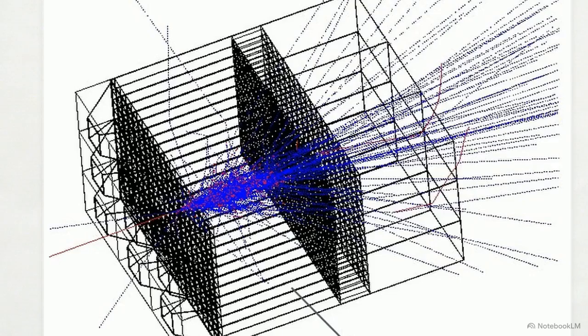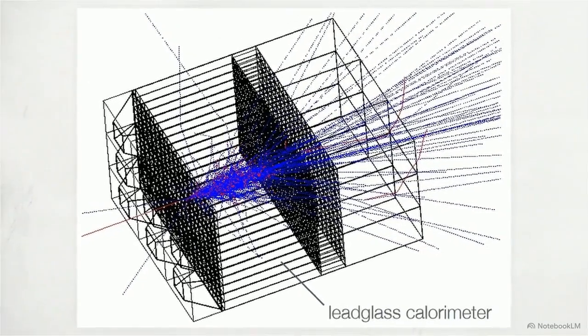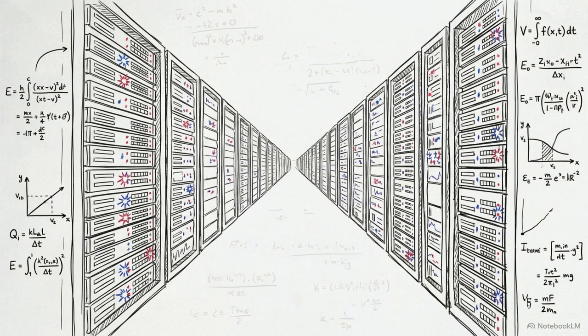But theoretical physics output must be tested against physical reality. This view shows the second stage, detector simulation. Simulated particles are tracked interacting with the physical boundaries and grids of a lead glass calorimeter. Because quantum interactions are entirely random, our massive deterministic computer simulations are useless without a reliable mathematical engine for generating